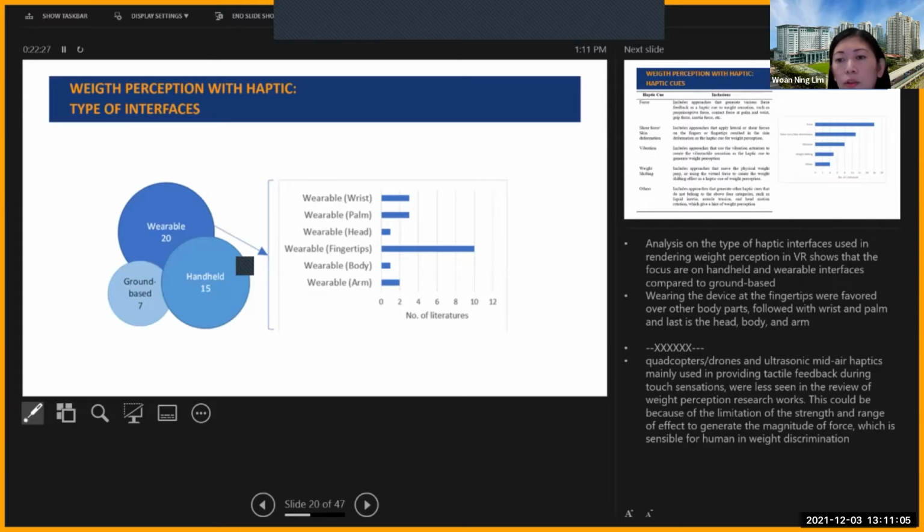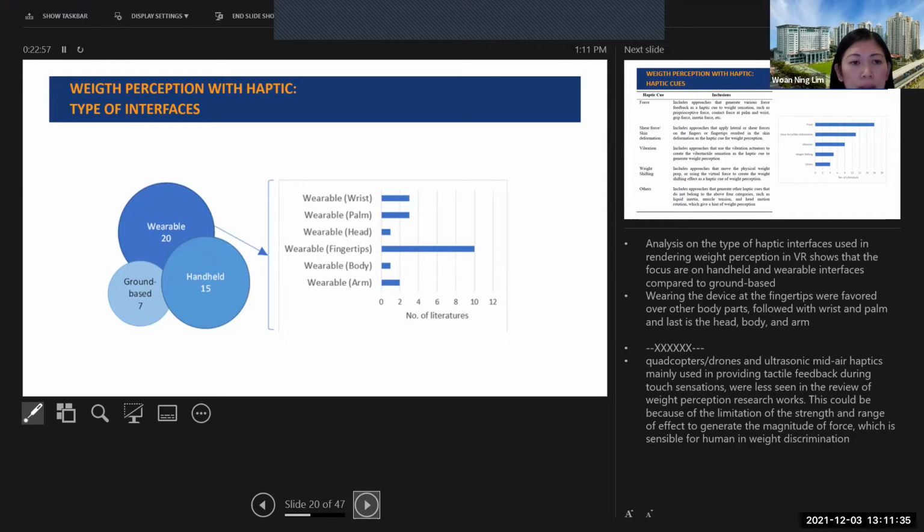Most of the analysis shows that the type of haptic interface used in weight perception rendering is focused on the wearable, which is the major one, then the handheld, followed by the ground-based. The devices worn at the fingertips were favored over other body parts, followed by the wrist and the palm, and last are the head, body, and arm.